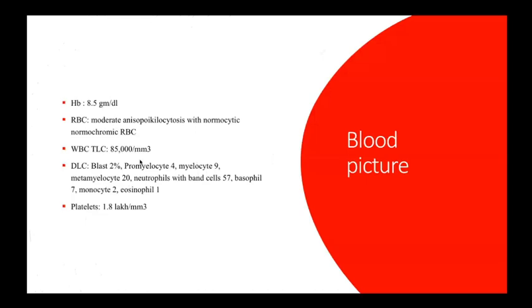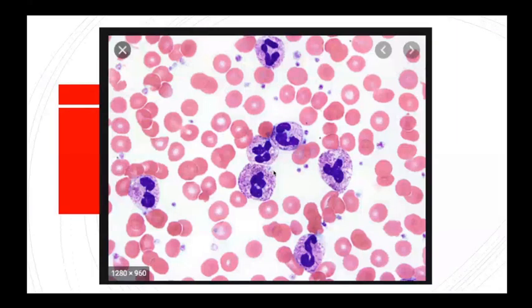And ma'am, Dohle bodies are also basophilic? Dohle bodies are inclusions. These are not granules. A single inclusion in the neutrophil. For example, suppose in the periphery of the cytoplasm, there is just a single inclusion. It is not there in this case, right ma'am? No, not in this case. Okay ma'am, good.